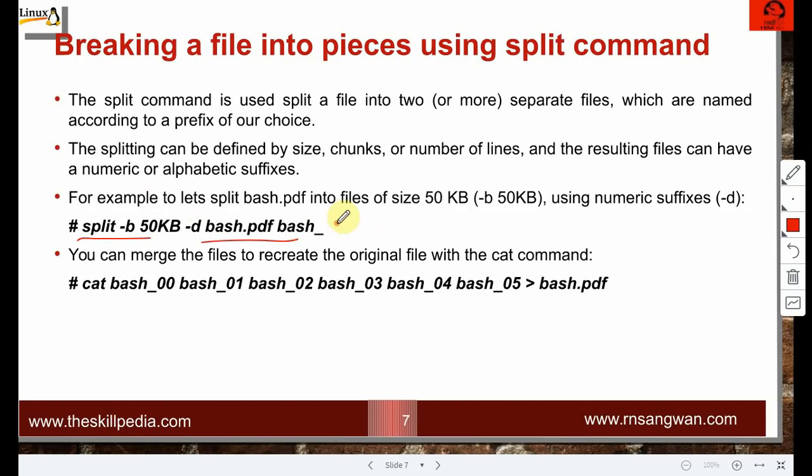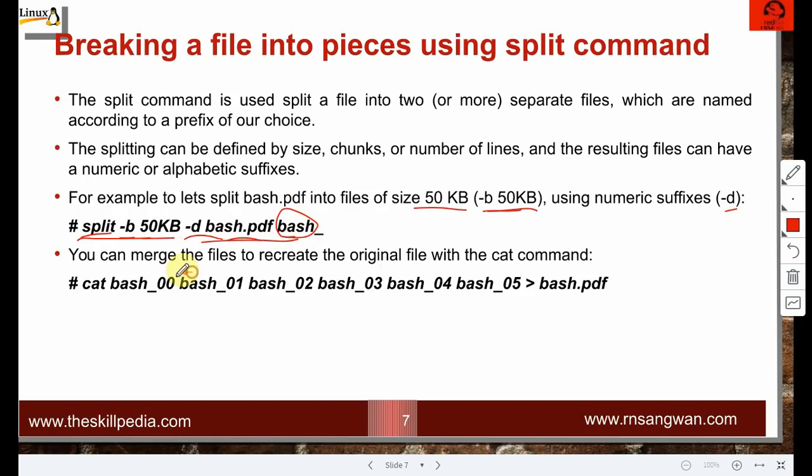We can specify multiple criteria, like the size or the number of lines. In this case the size of every part is 50 KB: split -b 50KB -d, using a numeric suffix, then the file name and bash_ as the prefix.